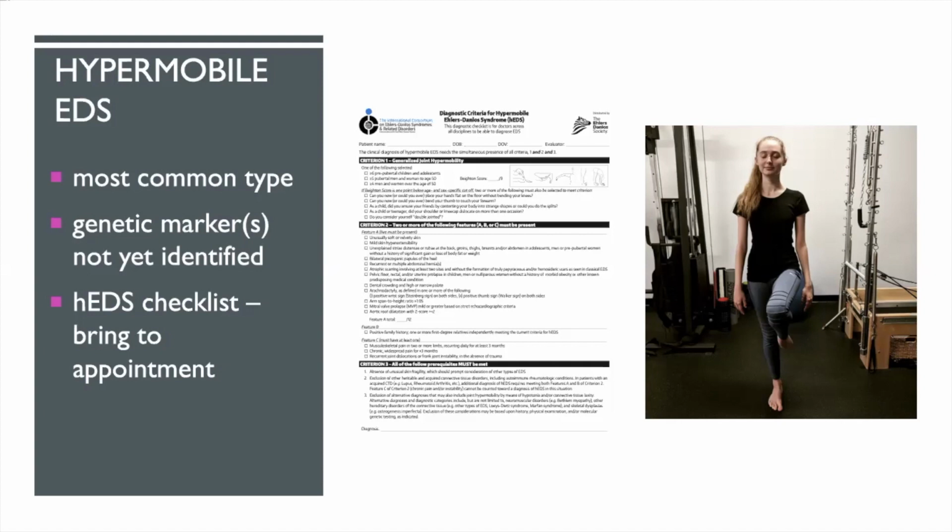But again, it's important to note that number one, that point system is biased towards the upper extremities, and number two, most dancers can touch their palms to the floor because we train for that. So while this scoring system is used in many cases for establishing the diagnosis, it's definitely not a perfect system.